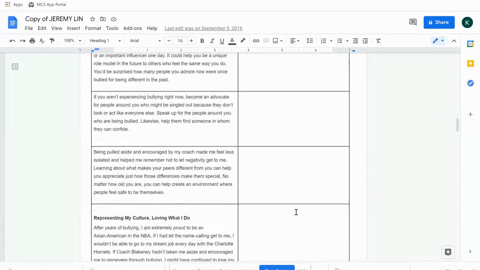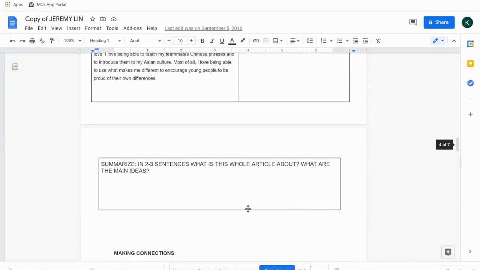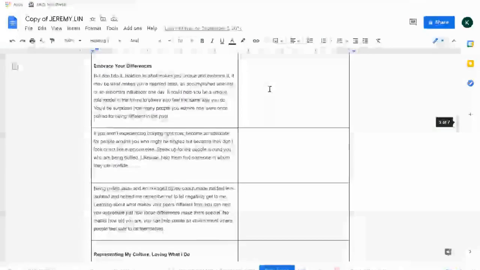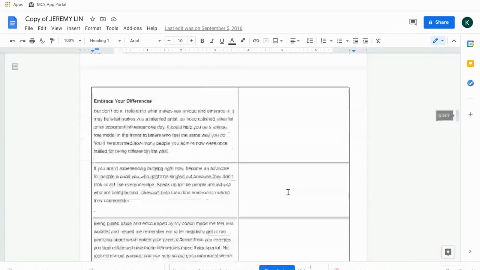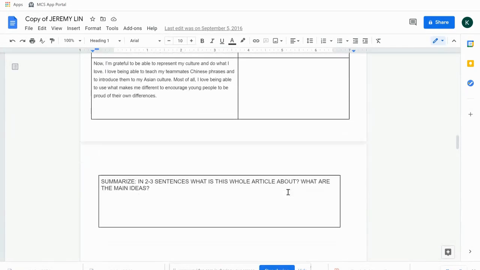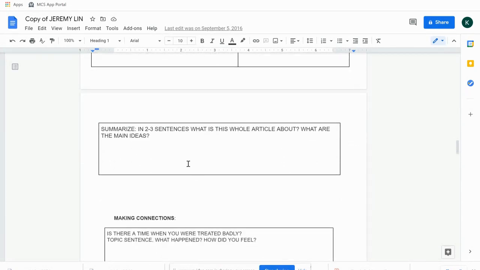And then at the end, once you've already made all of your notations, right? So each one of these sections had notes. So when I get to the very end of the article, I should be able to summarize all of my thoughts in 2 to 3 sentences. So not only did I give you the article, I also gave you a place to almost take Cornell notes, right? And now you are taking those notes and creating a summary of sorts.